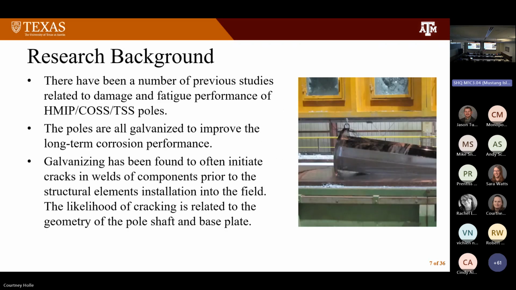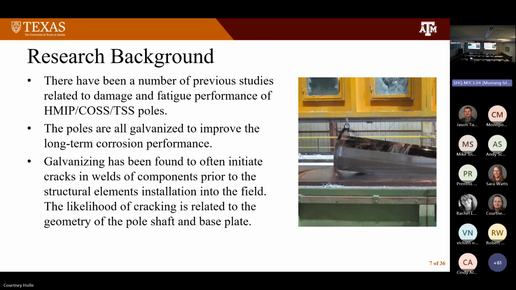I think a lot of you may be aware a little bit of where some of the cracking happens. Some of it happens just while it's in service, where you have some wind loads and so on that crack the sections. But in a lot of these, and I'll focus primarily on high mast illumination poles, we've done a lot of work over the last 15 or 20 years, and we've learned that a lot of that cracking actually happens during the fabrication process.